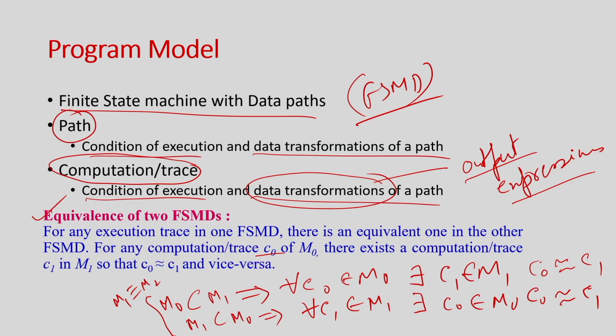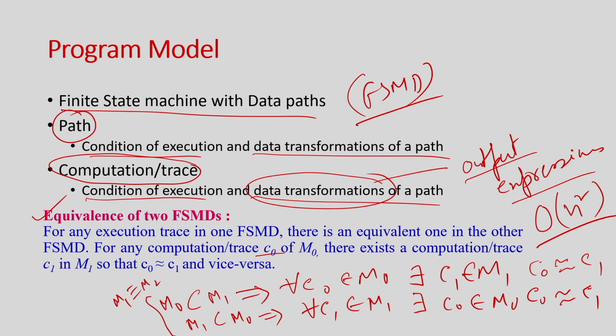So, what we understand from here is that we have to take a trace and identify a corresponding trace, and if there are n traces, you have to take a trace and compare with all n to find out which is equivalent. That means order of n, and now if you have to do it for all traces here, the complexity will be order of n square. This is only the number of comparisons, and for every two traces the formula that I have to check also involves some computation, this multiplied by the complexity of formula equivalence, the way you want to compare the formulas.